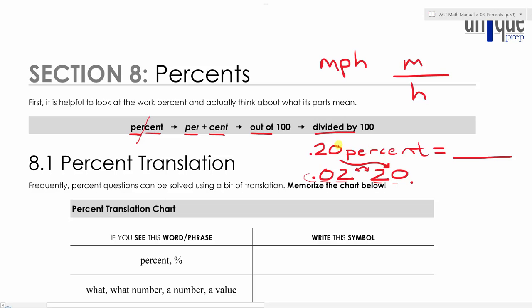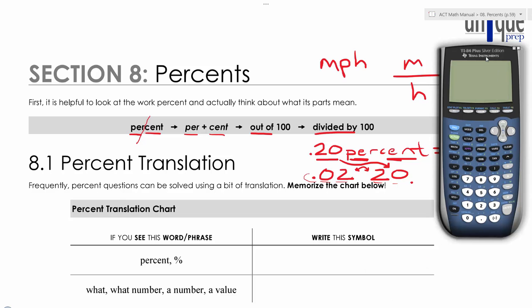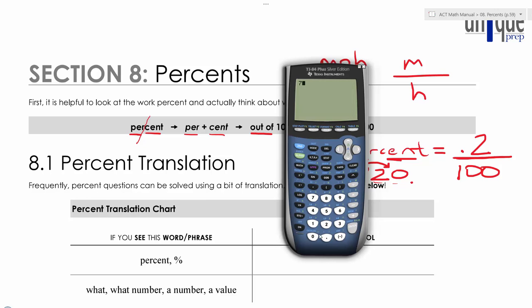If you are always thinking of the word percent as meaning divided by 100, then you can just translate. There's three things here. There's a 0.2, there's a per, and there's a cent. So what this translates to is 0.2 divided by, which again is the per, 100. And then from that point, you can use your calculator to just do 0.2 divided by 100, and then you can let the calculator do the work for you. So this equals